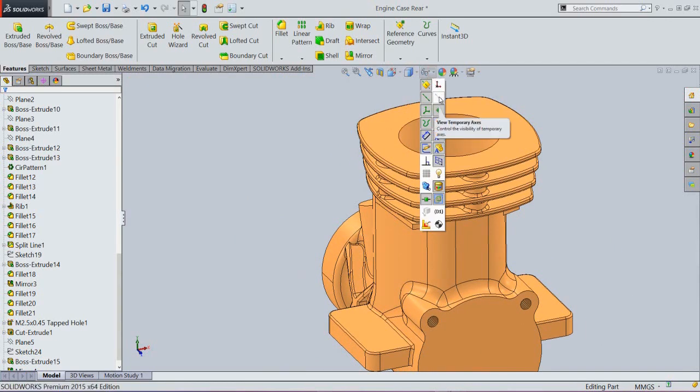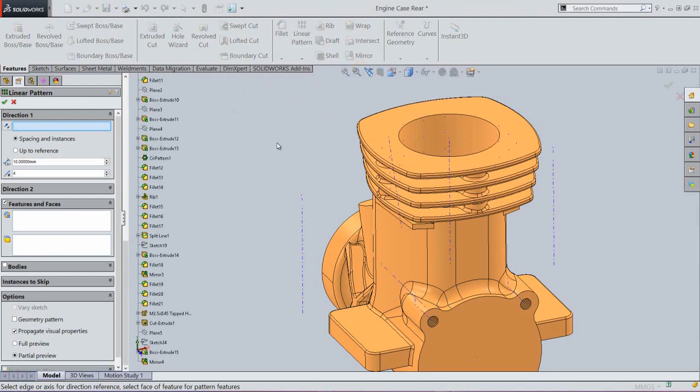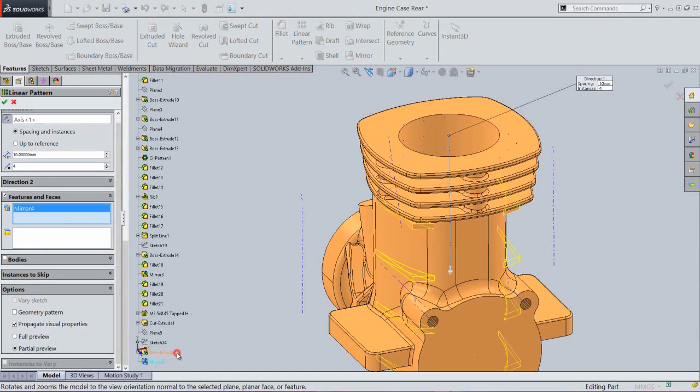Now open the visibility of temporary axis and activate the linear pattern tool. OK. In the pattern direction, select the vertical axis. In the feature to pattern option, select this mirror and extrude feature.